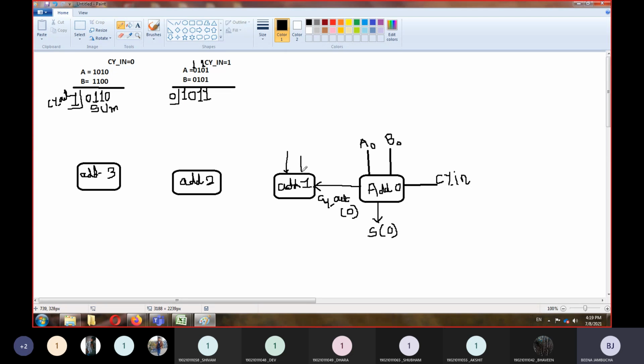Next it is fed to the adder 1 whose inputs are A1 and B1. The output will be S1, and whatever carry will be generated, I will call it CY out 1.